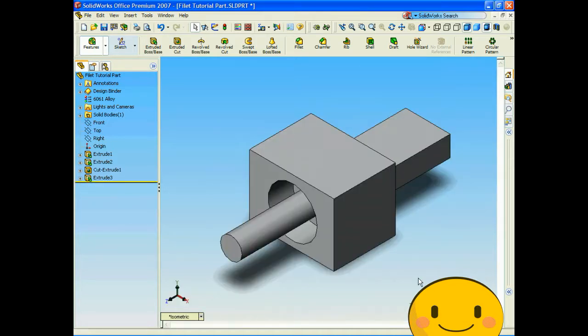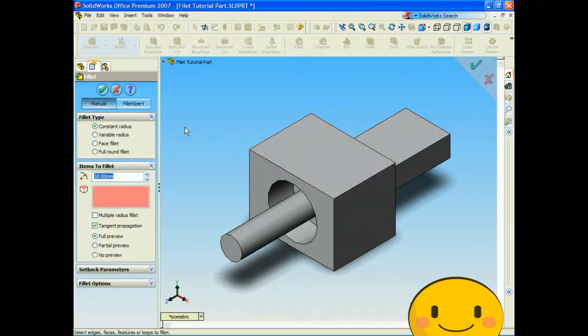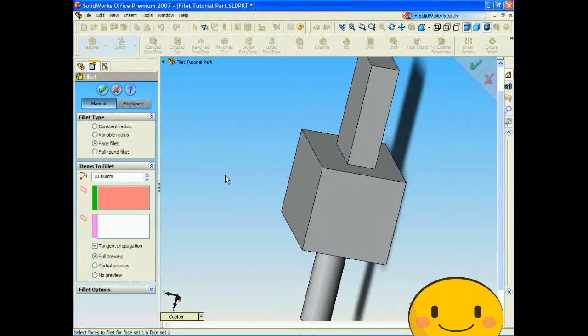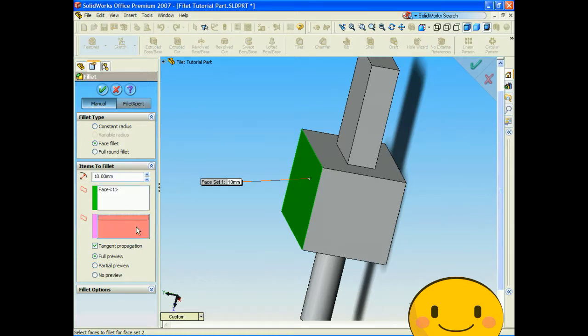This is tutorial number 12, and it covers the face fillet feature within Solidworks. For this tutorial, open up the fillet tutorial part, which I've included on the DVD. To do a face fillet, click fillet, click face fillet, and all you have to do is click 2 different faces on the part. So let's click this face, and then click the second,